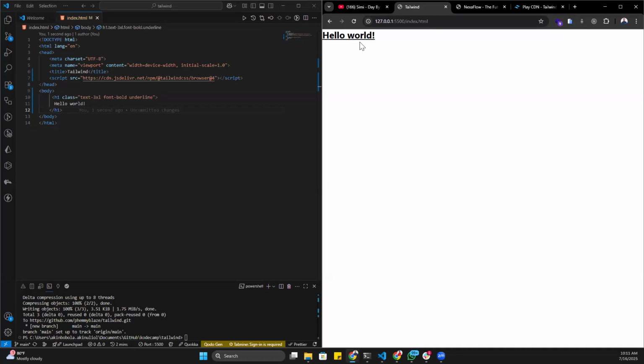What I just need is the link that I want, which is the link up there, and I embed it into the head of my HTML. With the embedment that I've done into the head of my HTML, what I simply just have to do is